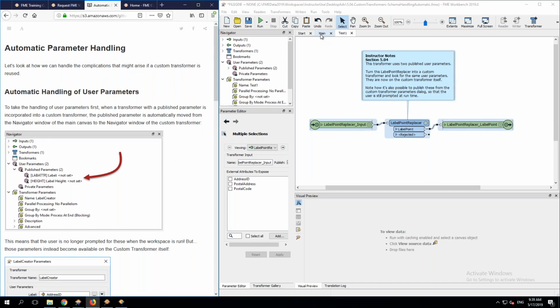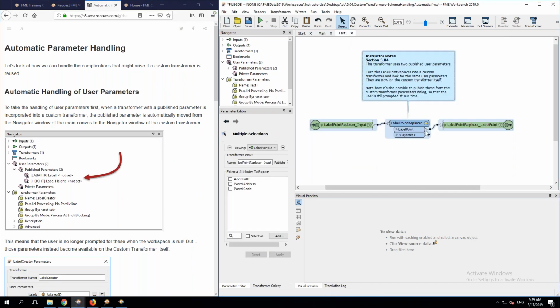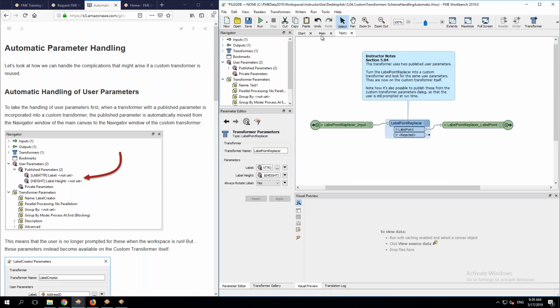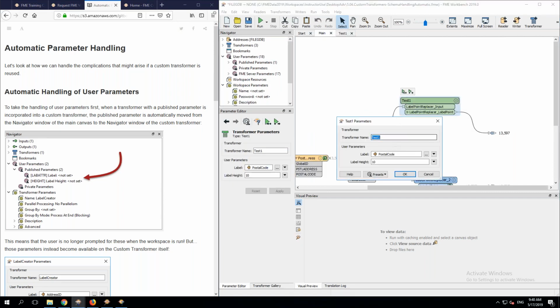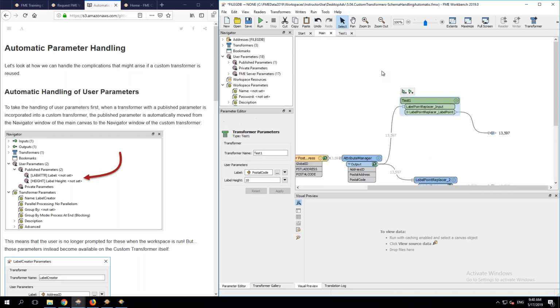Right, so what I did, I turned that transformer into a custom transformer, and the label point replacer was asking me for these user parameters. So how do I set them now? Well, how I set them is by clicking on here and looking at the transformer parameters dialog. So it's not asking me for a user parameter here. The user parameters are, once you put them into a custom transformer, they become available on this transformer itself, but